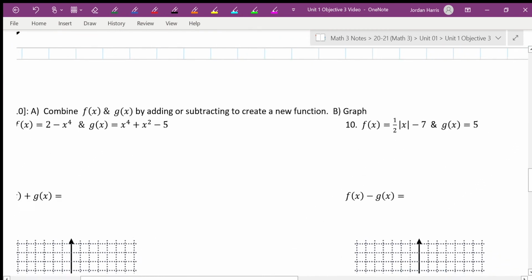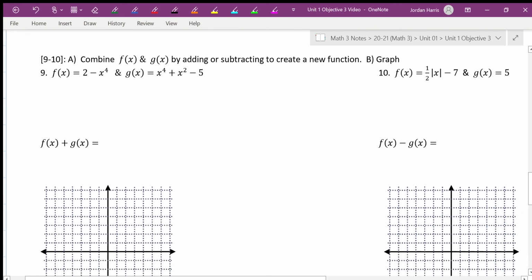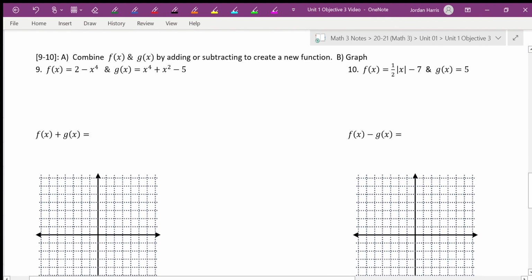So next we have combining through adding or subtracting and then graph the new function. Okay, it's actually much simpler than it looks. It says f plus g. You need to literally add them. Okay, take the first one, take the second one, plus sign in between them. Okay, in this case,